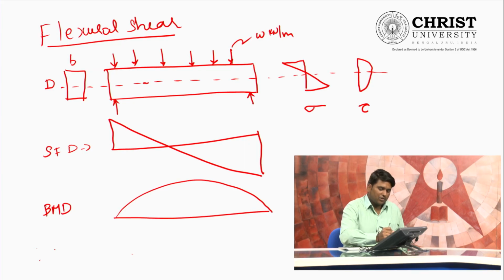So, this is the variation of normal stress and shear stress. Variation of normal stress is along the length as well as the depth. We will treat this as compression, tension, and this is the variation of shear, which will have the maximum shear stress at the center. If you observe the neutral axis of the beam, exactly at the neutral axis, the normal stress is 0 and we have the maximum shear stress.